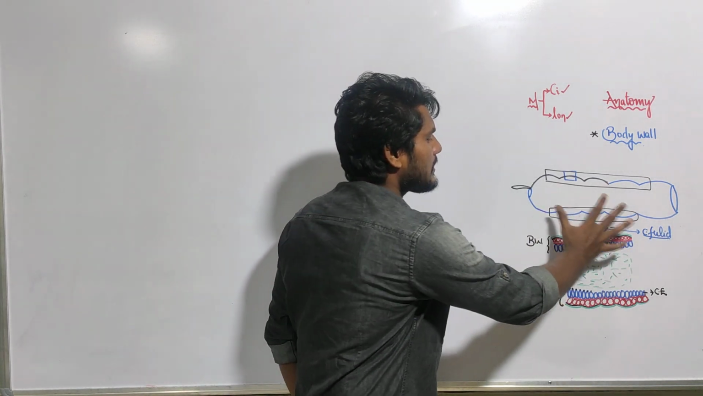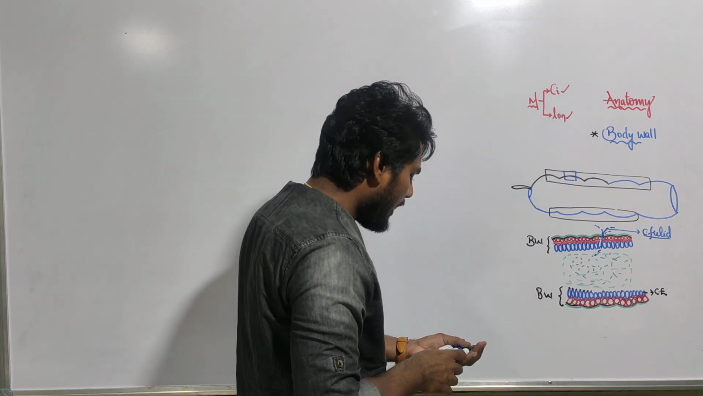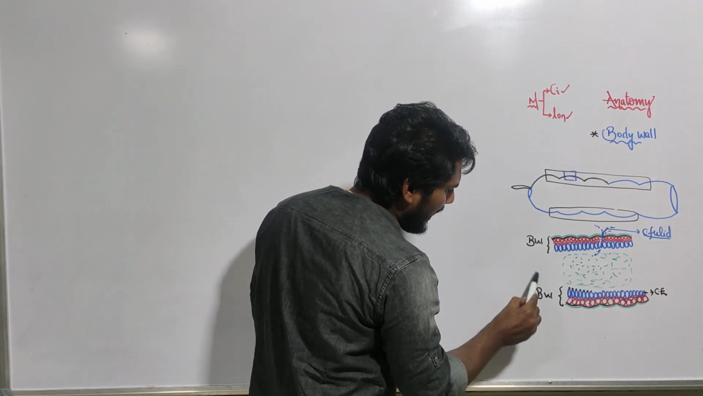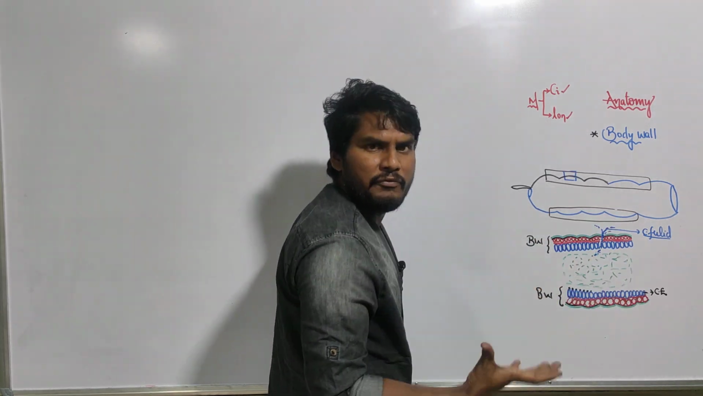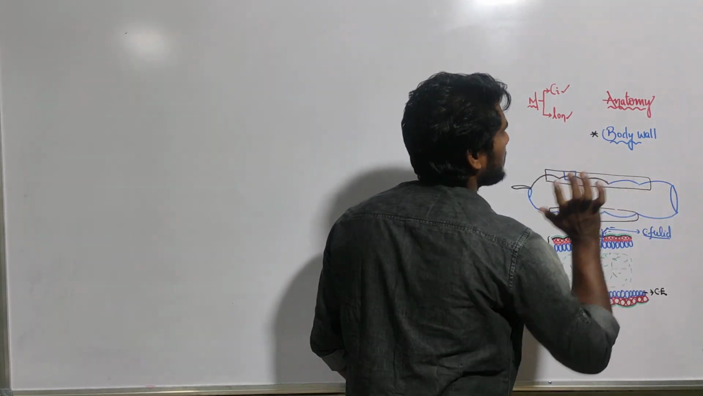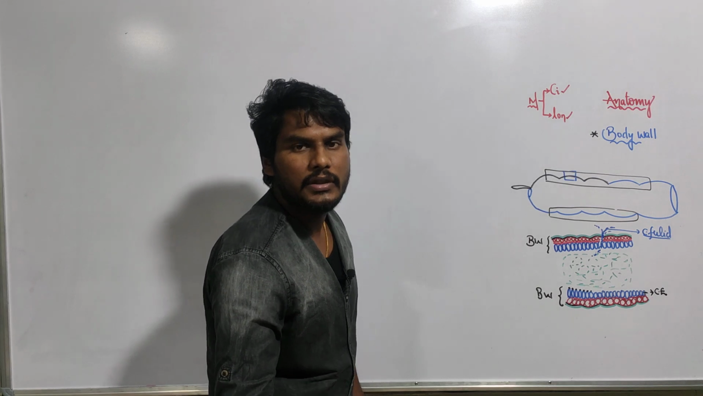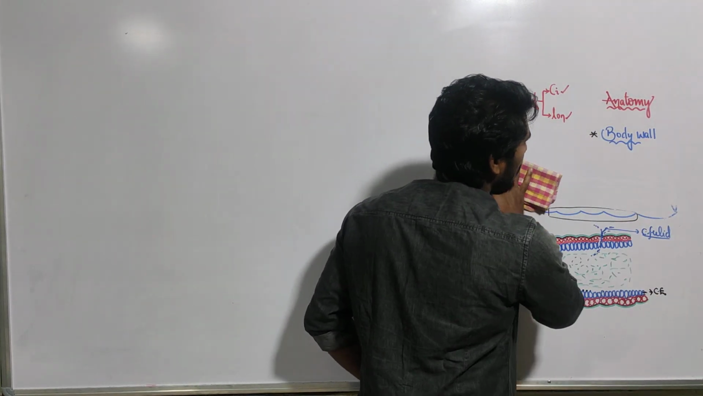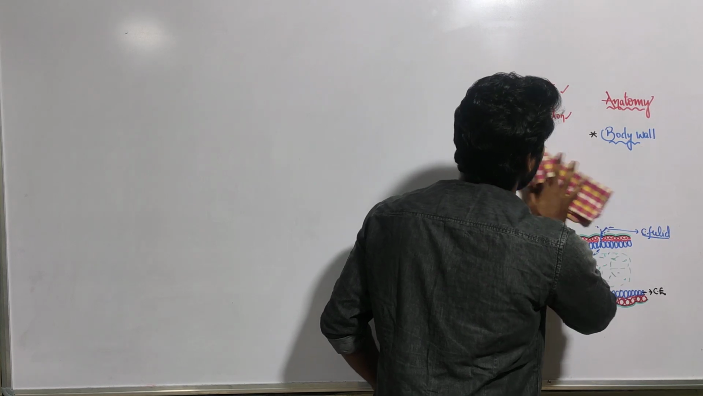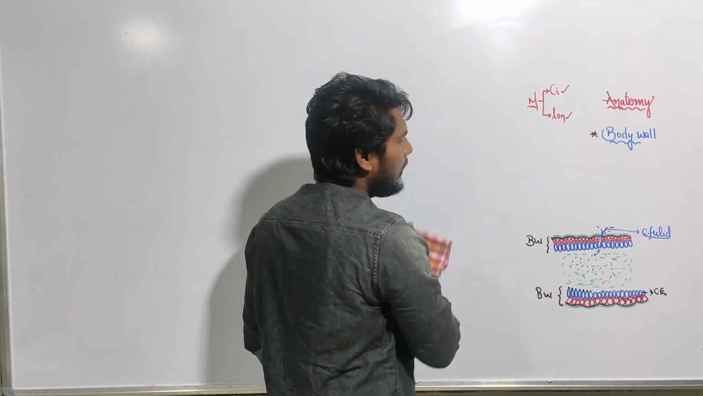So this is some part. And you might be knowing like this it will be present here anterior opening and here posterior opening. So every time writing all this is very difficult. So simply we represent like this. I hope you understood the body wall of the earthworm. So be careful in this body wall of the earthworm. Next, and after body wall